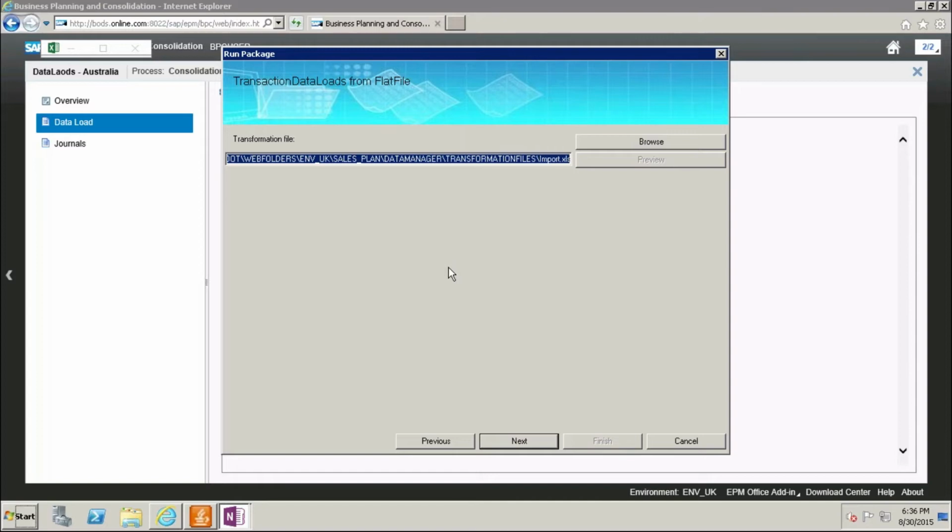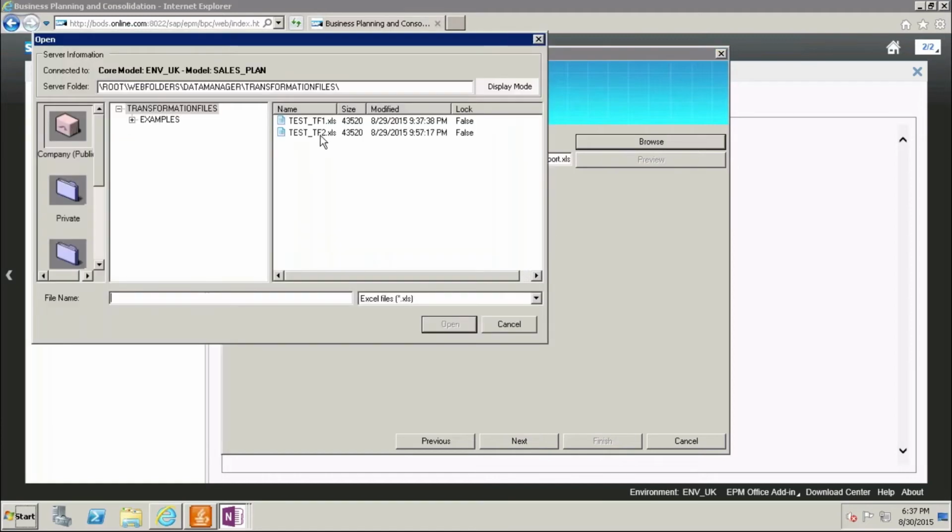That is the reason we introduced this BPF. But he knows how to run the data manager package once he moves inside. If not, we can automate all these things; we can provide just one run button also. Here the transformation file, one minute.